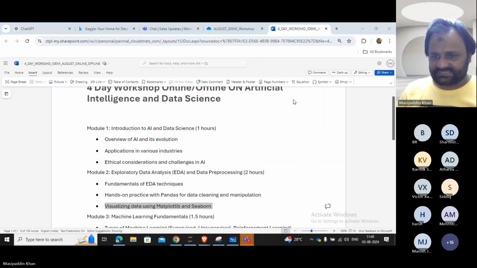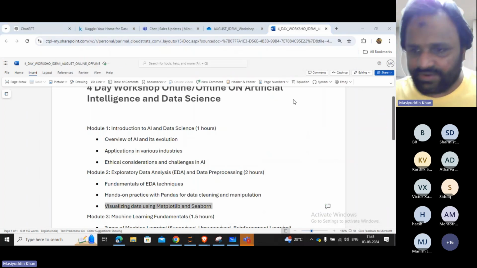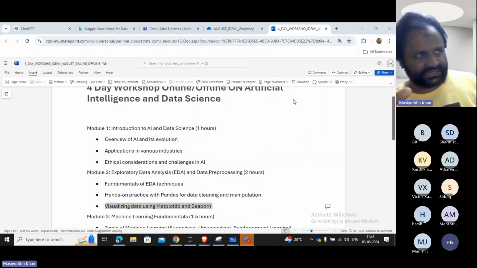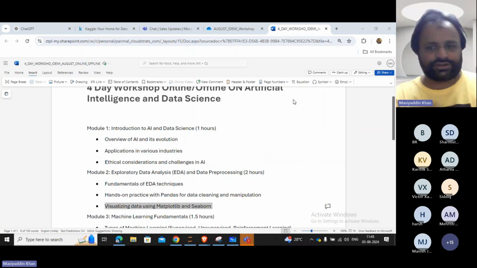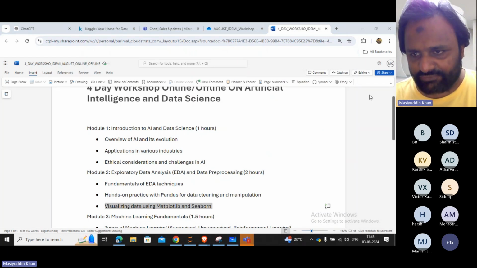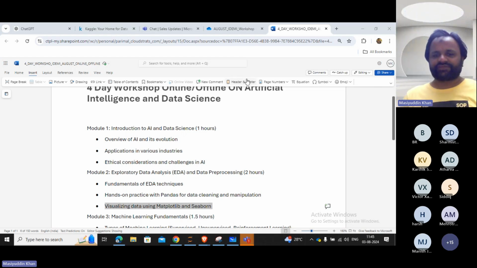I shared my full screen, so I can't see in between. When I share just a particular page or window, at that time I'm able to see your chats as well. But when I share my whole screen, it's difficult to see what exactly you are writing in the chats. But anyway, I'm moving towards explaining some in-depth understanding of AI,